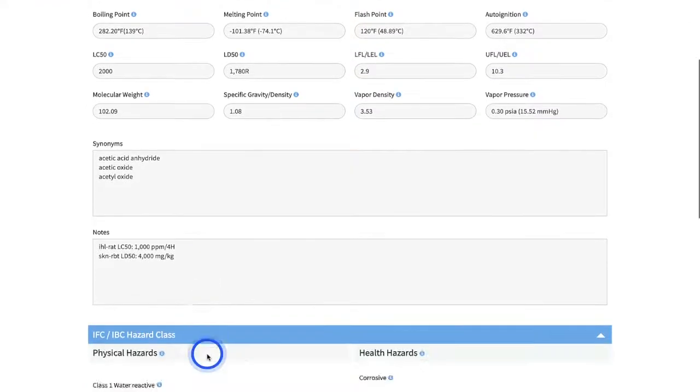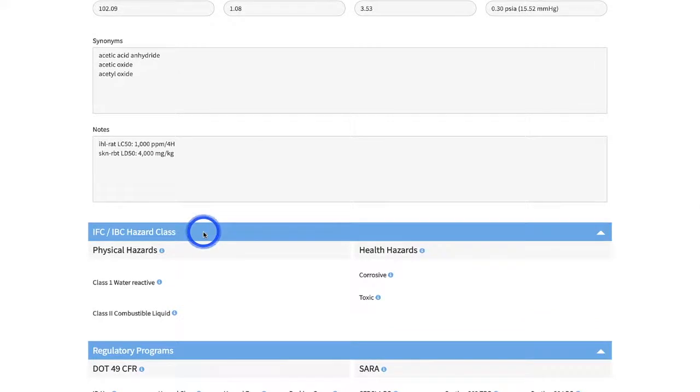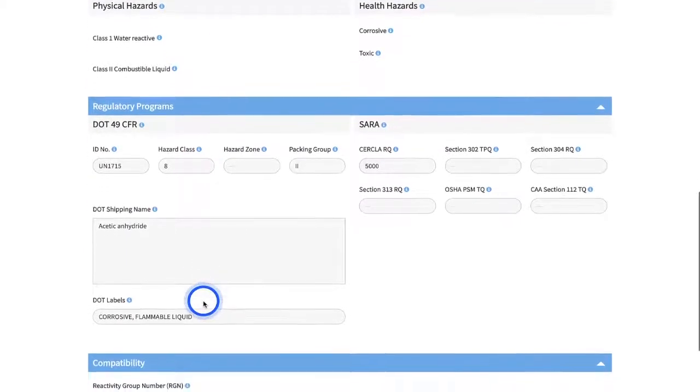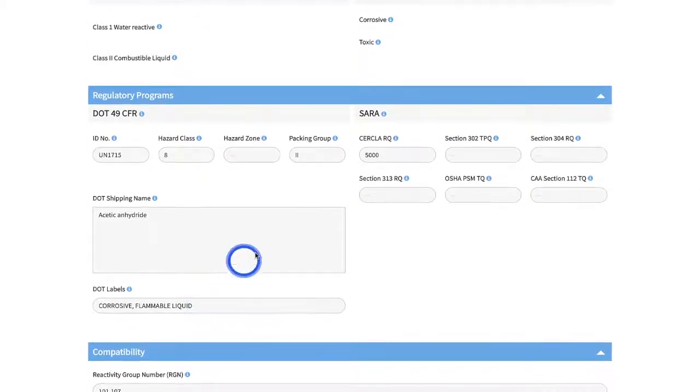Scrolling a little further, you'll find the fire and building code hazard classes assigned to the material, characterized as either physical hazards or health hazards. We also provide legacy health hazard categories, including carcinogen, irritant, and sensitizer, even though the codes no longer regulate those categories. Next, you'll find the Department of Transportation classifications, shipping names, and required labels, as well as reporting and planning